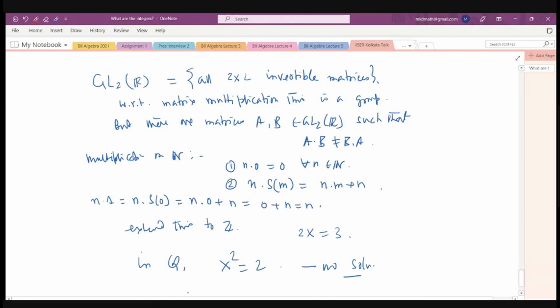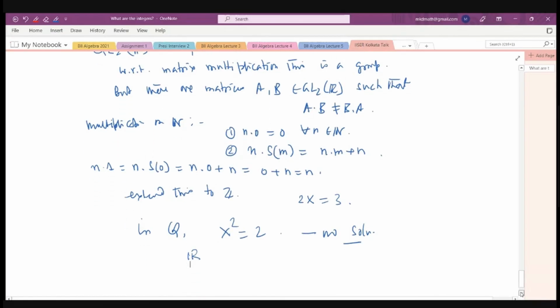Now you have R, and again you try to solve an equation like x squared plus 1 equal to 0. No solution in R. Then you construct complex numbers, and you probably know that complex numbers are algebraically closed. So far I was dealing with polynomial-type equations. Every polynomial over the complex numbers will have a root, a solution. So the story ends there as far as this motivation or question is concerned.